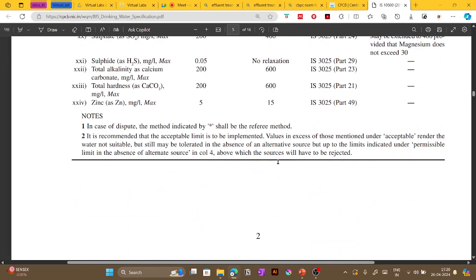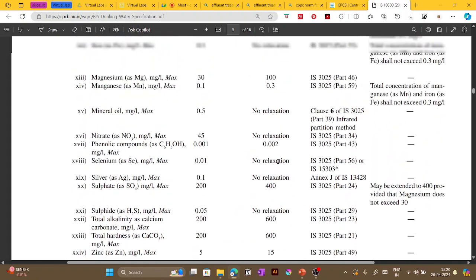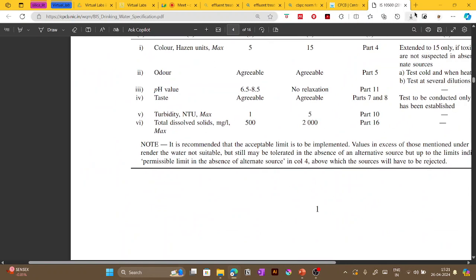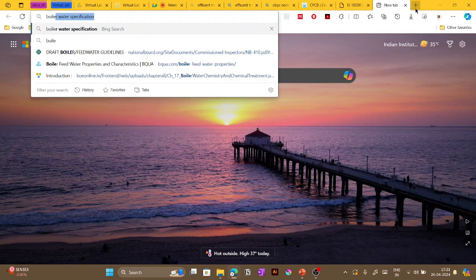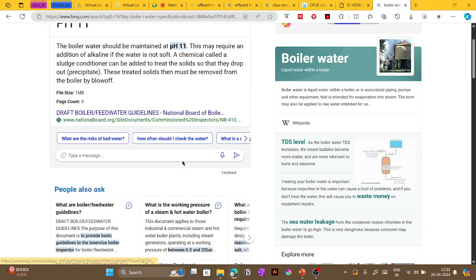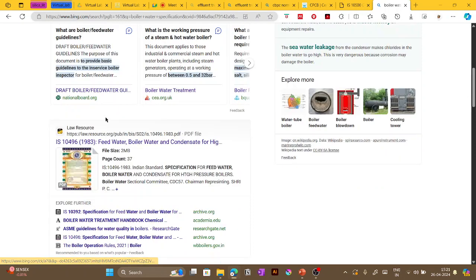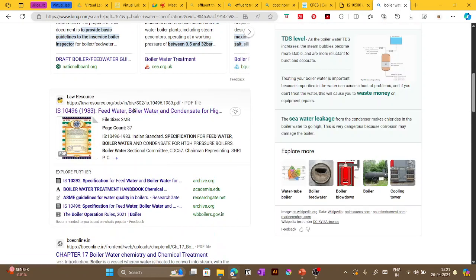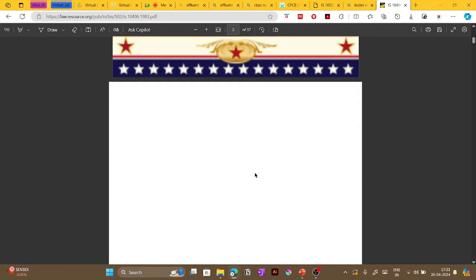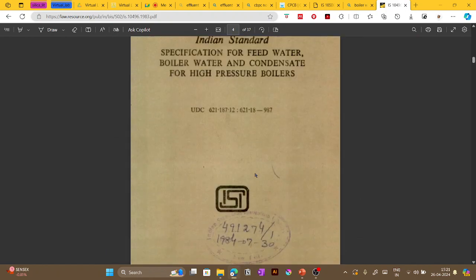So we have to follow, like our municipal corporation board follows this guideline to maintain the drinking water quality. Same way for industrial quality also, as I was discussing, boiler feed water has specifications that we need to follow. So if you simply do a Google search, you can find some specification. So this is an IS standard for boiler water specification,